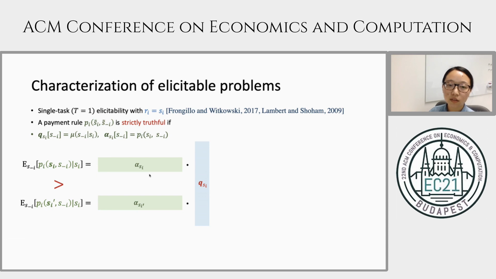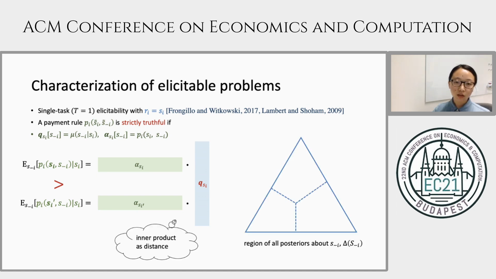Then agent i is basically choosing a vector alpha and receiving its inner product with this posterior belief q_{s_i}. And if we consider the inner product of alpha and q as a kind of distance between alpha and q, then this is basically to say that the distance between q and all alpha should be maximized at the